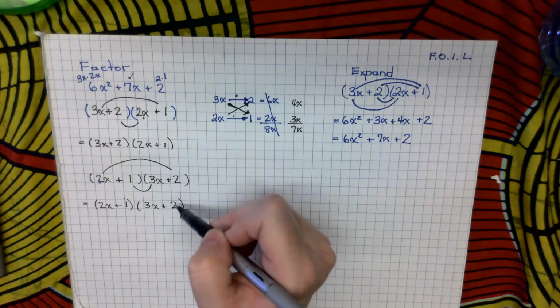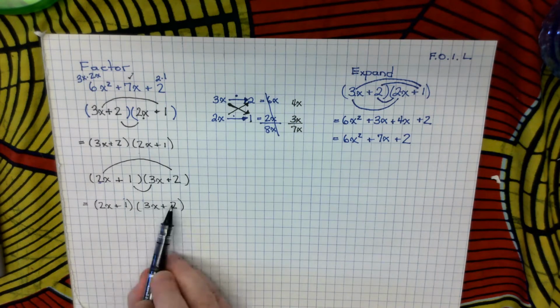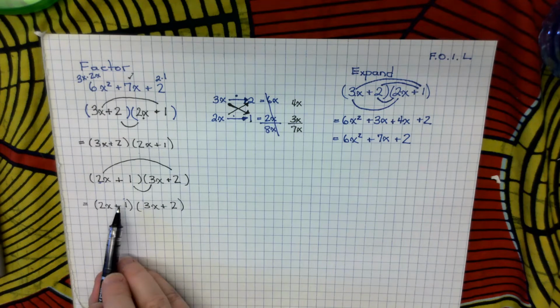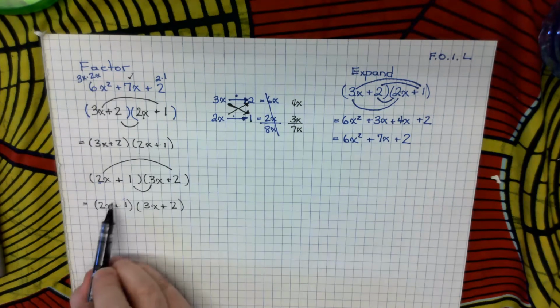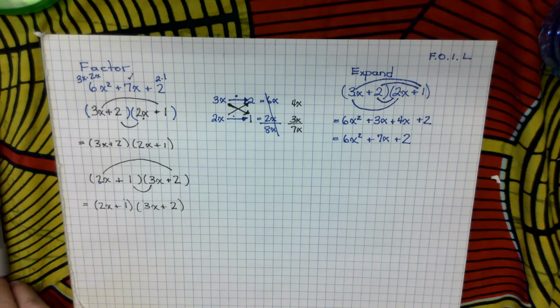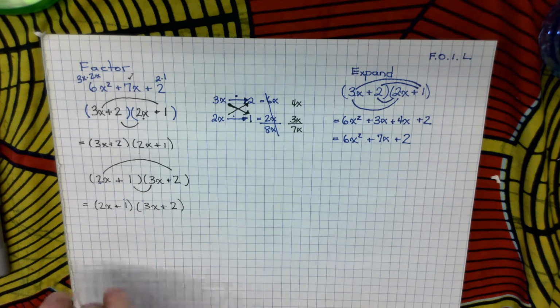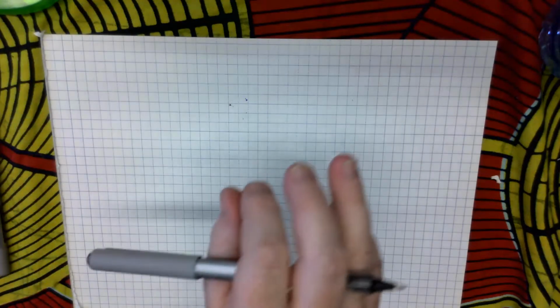And either of these are correct. Doesn't matter what order you put the brackets in. It does matter what's inside the brackets. So see here we had a 2x with an additional 1, and here we had 2x plus 1. But the bracketed order themselves doesn't matter. So I'm going to go ahead and do a couple more of these questions, so that you can try them yourself. Okay. So why don't we go ahead and do